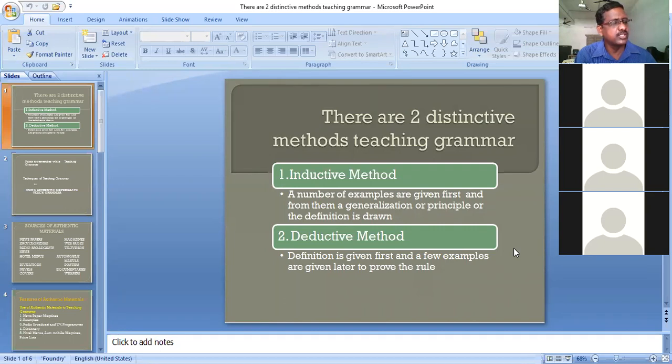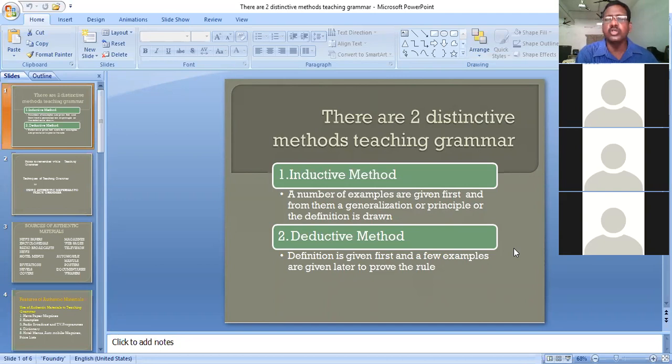And it makes people passive by enforcing laws of grammar. People become passive with this deductive method, and it is also a boring method. See, rules and definitions cannot always be applied in the same fashion. In an illogical language like English, a logical manner we cannot find, and so many rules we have to teach. Many rules are there, so they cannot memorize all of the rules.